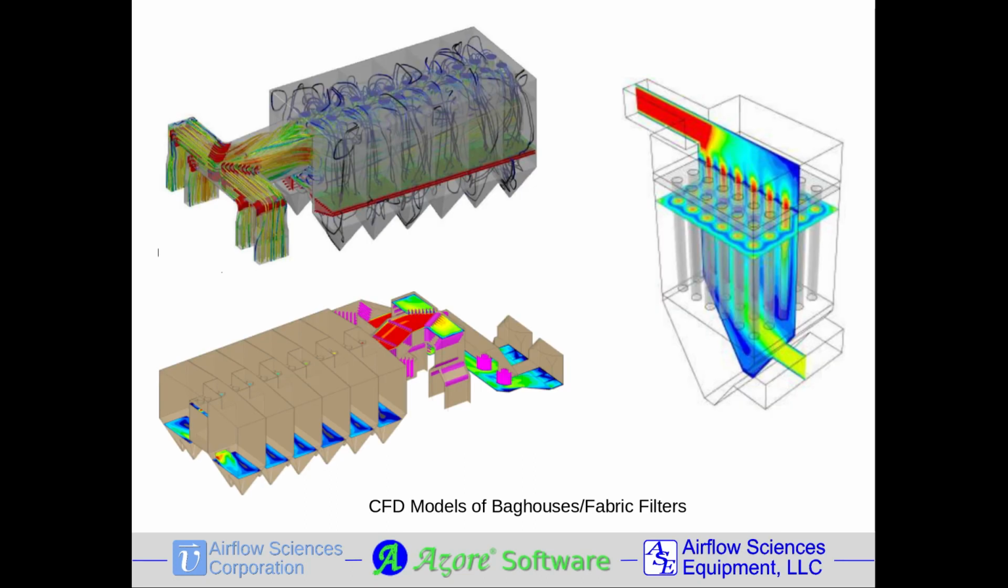Baghouses, also known as fabric filters, are used to remove particulate from a gas stream and are a commonly used pollution control device. If designed and installed correctly, a baghouse can be exceptionally effective, collecting over 99.9% of particulate before it reaches the stack. Incorrect design, on the other hand, can lead to problems such as uneven flow, premature wear